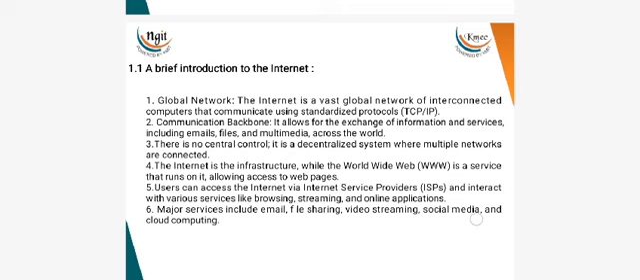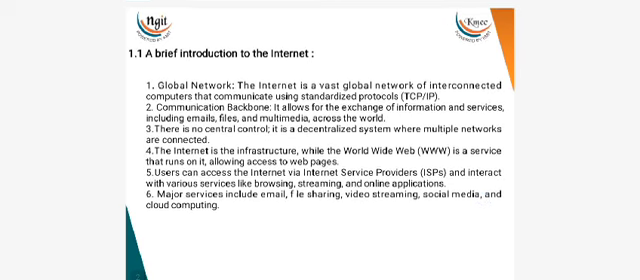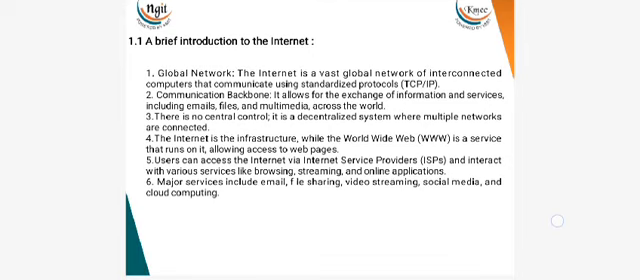Because it allows us to exchange information and services, like how we are exchanging our files and multimedia across the world using emails, videos, and chats over the internet. And it is a decentralized system, there is no central control over it, where multiple networks are connected. And the internet is an infrastructure, while WWW, what we often think to be the internet, is just